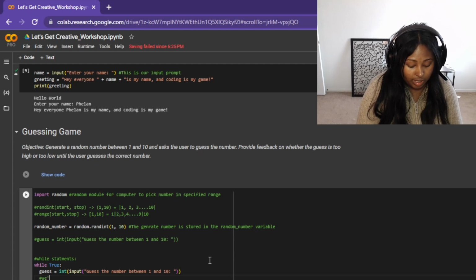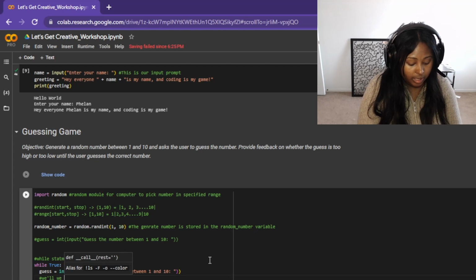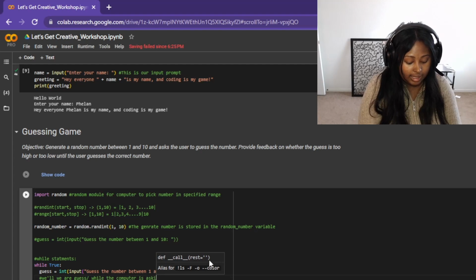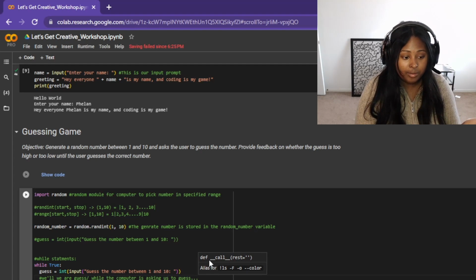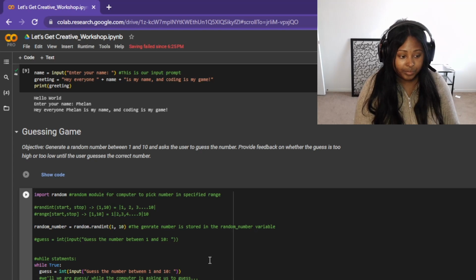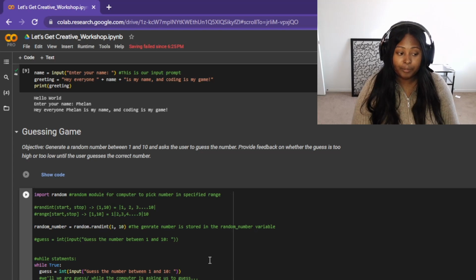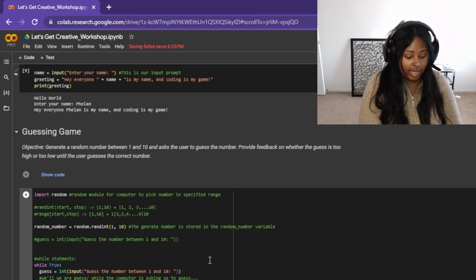So in other words, you can think of this as while we are guessing, or while the computer is asking us to guess, and then the following conditions that we'll set. So conditionals are important because they're like if or else statements, which are essentially the rules of our game. The first if that we'll make is: if guess is equal to the random number that the computer generated,